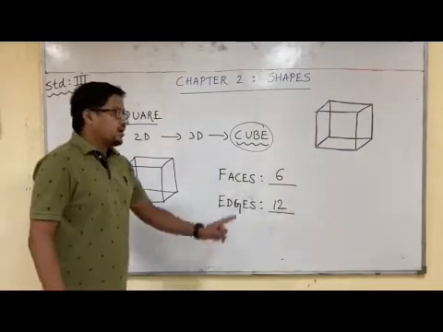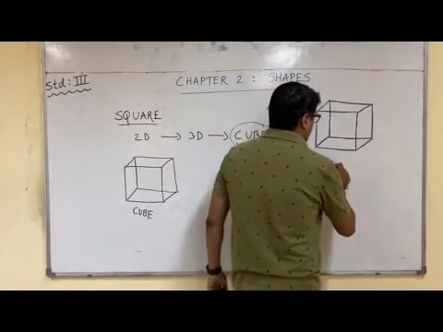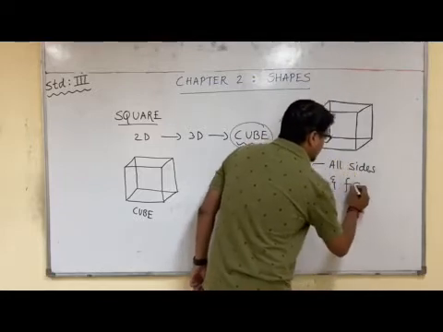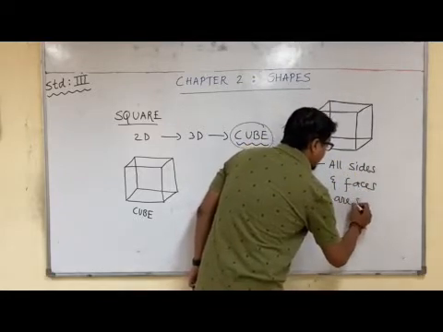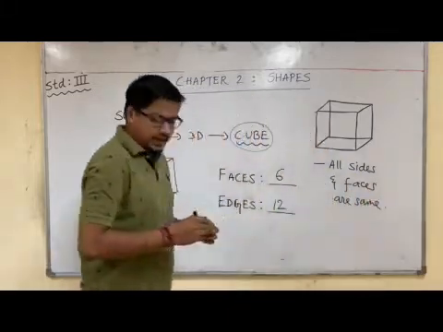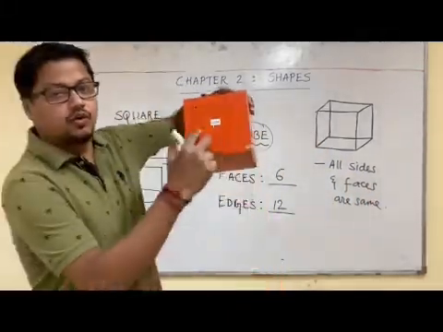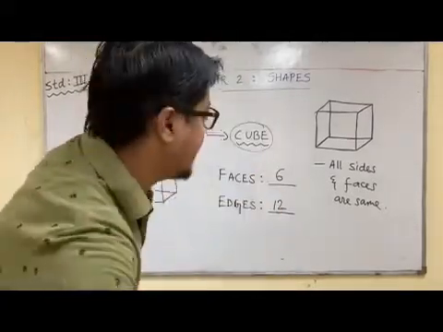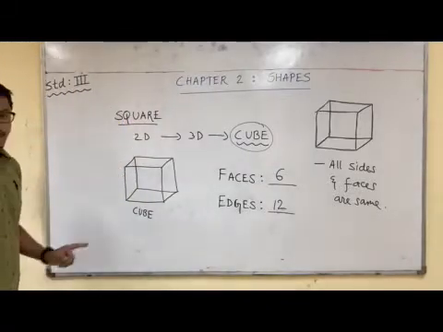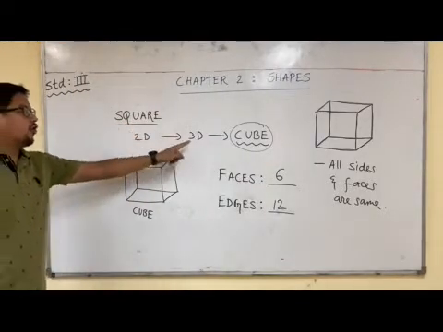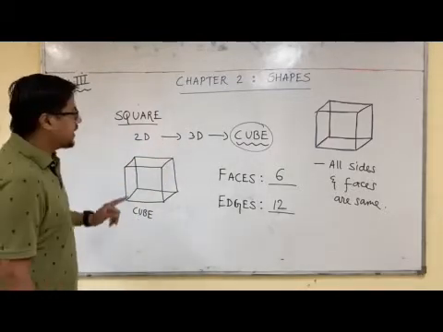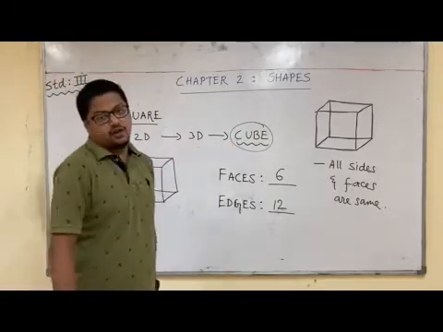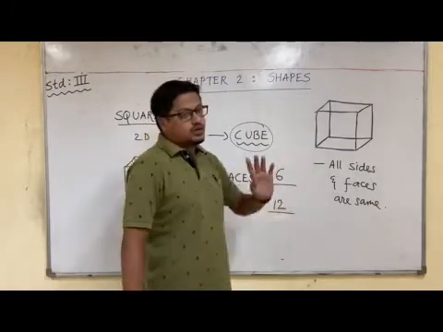So remember this thing about a cube very, very properly. Listen to sir. In a cube, all sides and faces are same. Okay, as you can see, sir will show you once more. In a cube, do you see that all faces are looking the same? Yes. So all sides or faces are the same. What is cube? Cube is 3D form of a square. I spoke at the beginning, square is in 2D shape. Wherever we are converting square into 3D form, we are getting what? We are getting a cube, and this is how the cube is drawn.